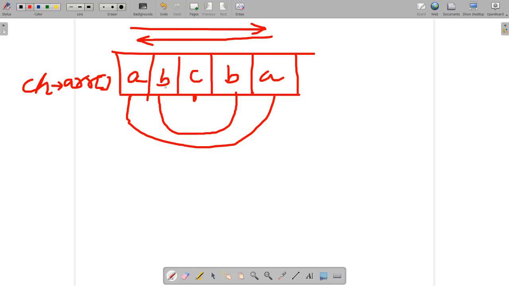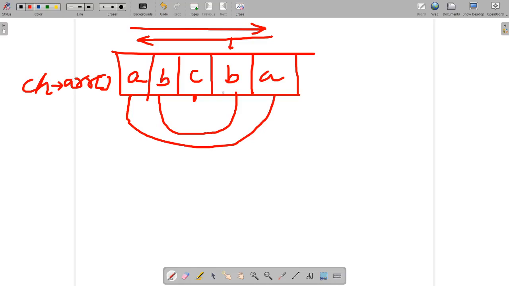So the logic is that the first element must be equal to the last element, and the value of the second index must be equal to the value of the second last index.